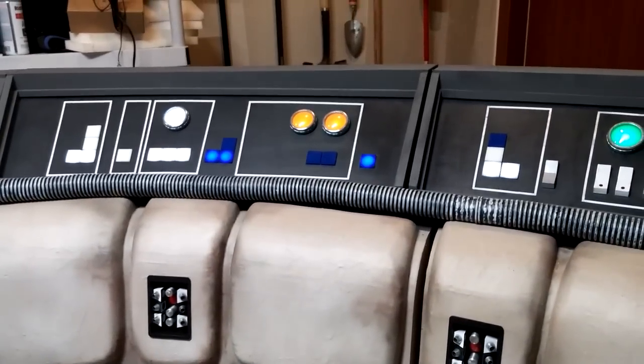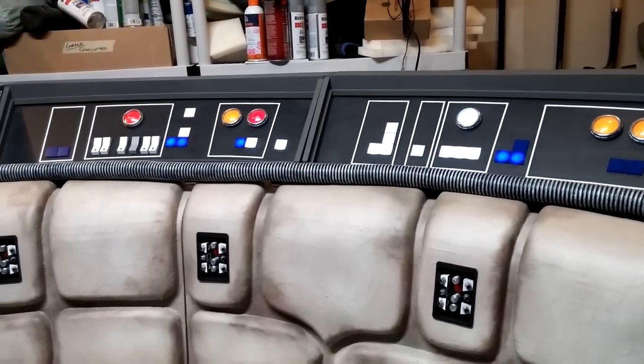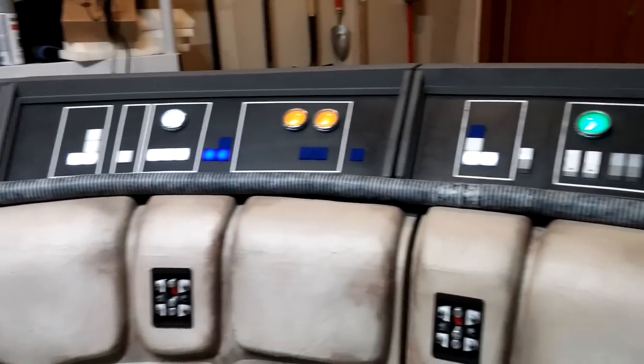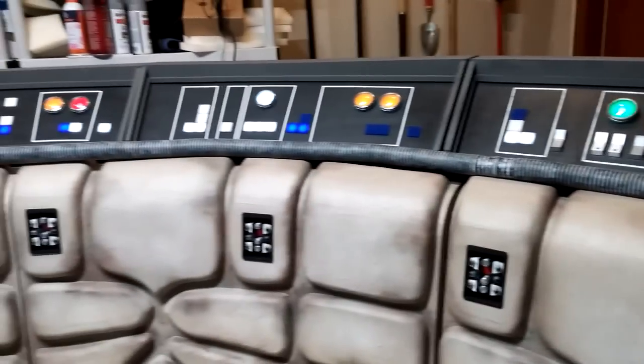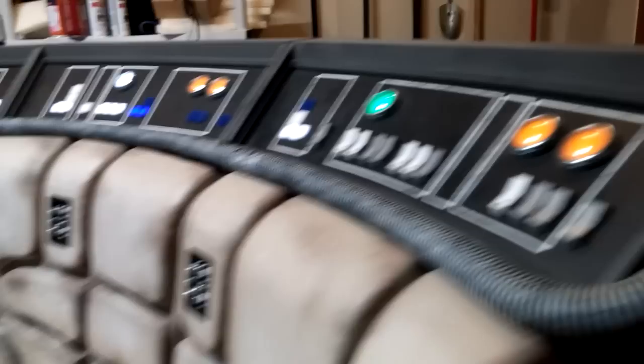My lights, you'll see one blinking there. I actually have a sequence. They're programmed to kind of do things at random. I have all the lights on that were on in A New Hope, but occasionally other ones will turn on or blink. And then I also have a sound bite running that you might hear,